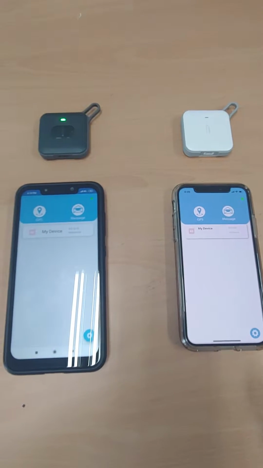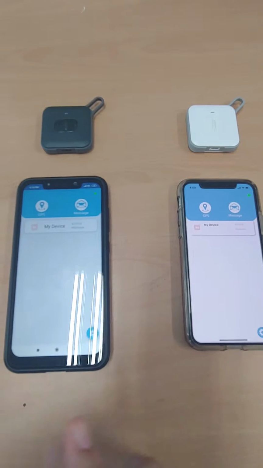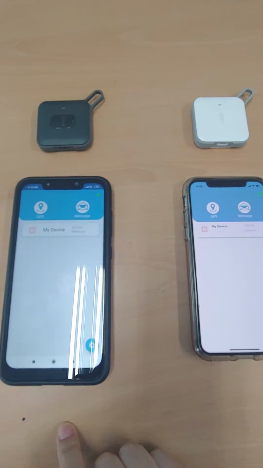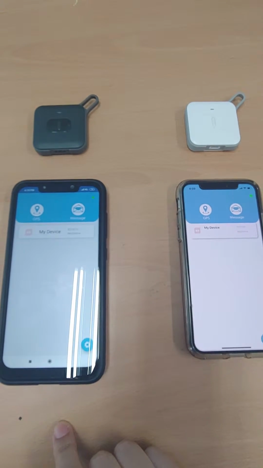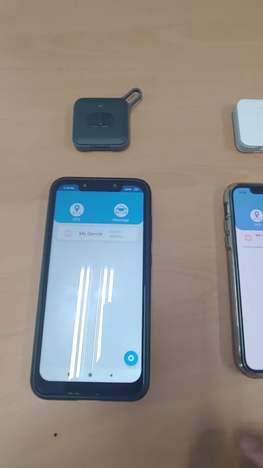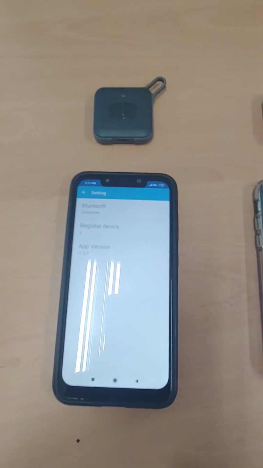In order to test our LoSPAN service, tester A should register the device of tester B. Tester B should register the device of tester A. To register the device, you should go to setting menu and